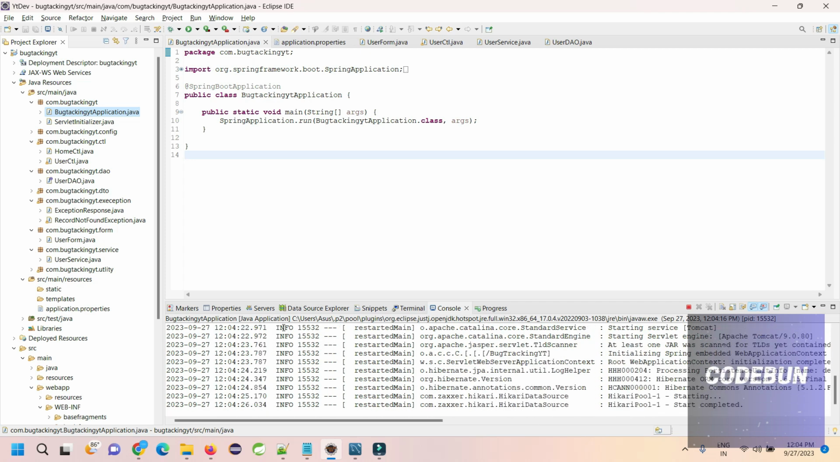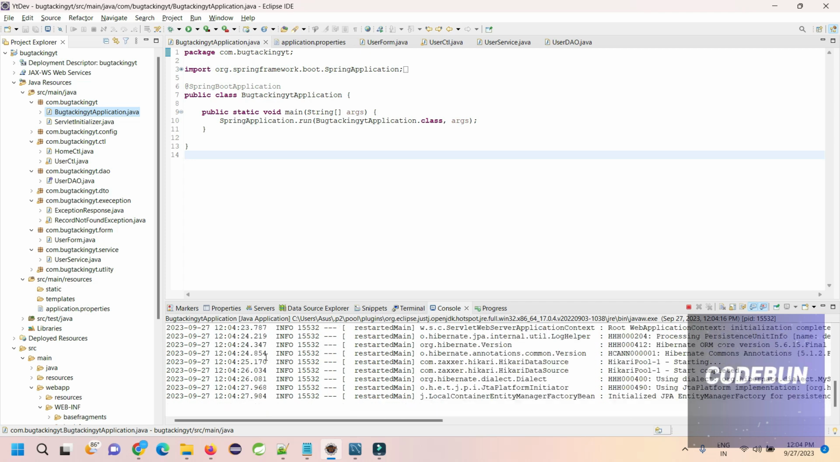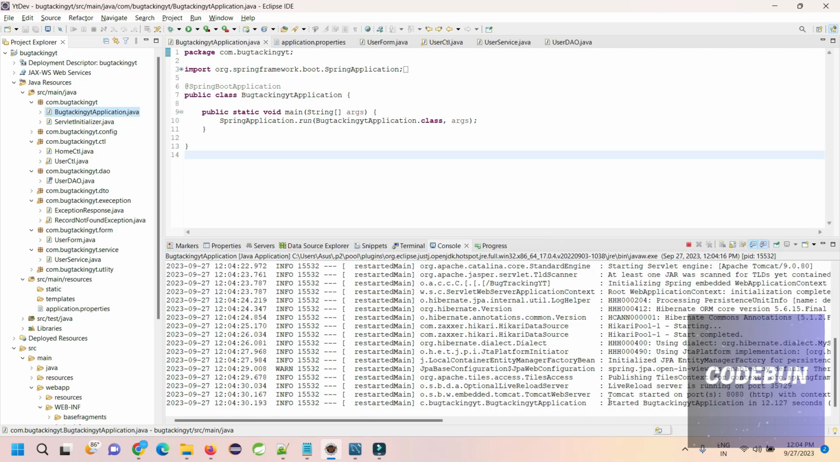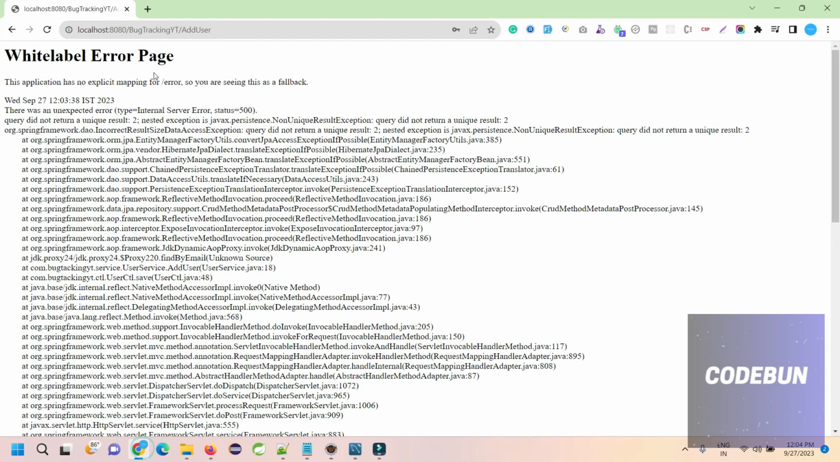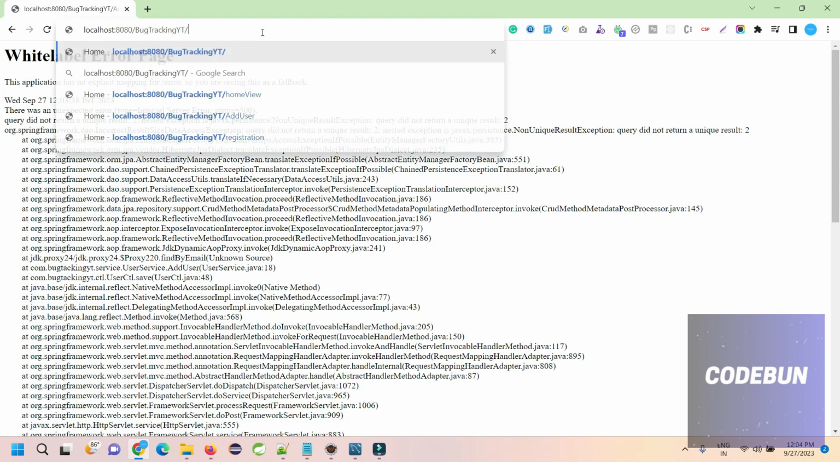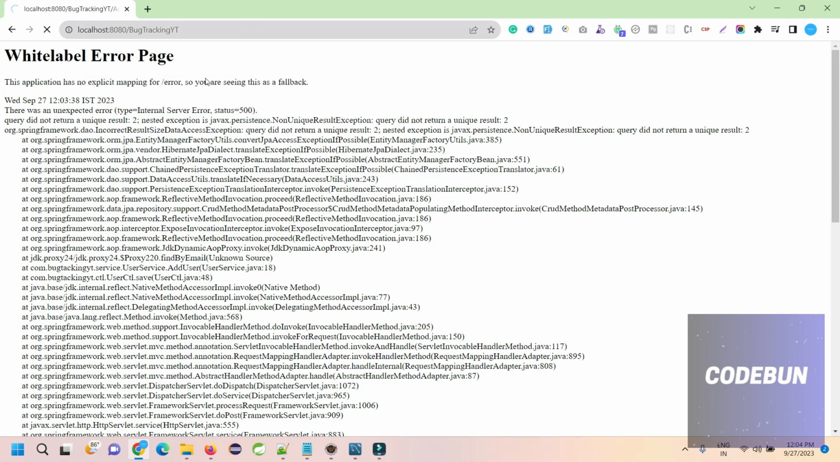When I rerun the server, it's starting again on 8080. Actually, it takes time to start. Okay, let's just start it now. If I go here and run it again,